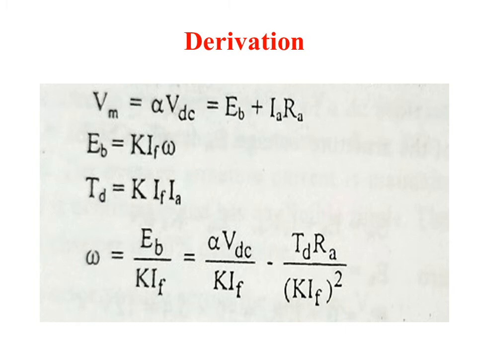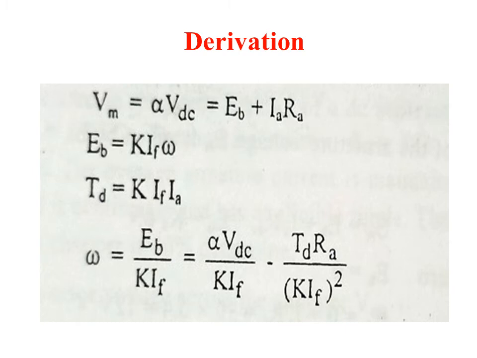Already we know that this alpha is called the duty ratio. The alpha value we can measure as T on by T. Depending upon the on period and the total period, this alpha will change. Whenever this alpha changes, the output voltage of the converter is going to change. So what is the step down chopper?